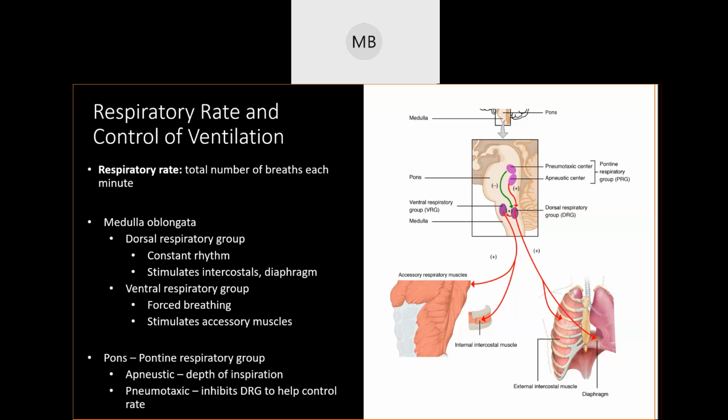So if you are shocked by something, you may quickly breathe in and just hold your breath. If you're scared, you may hold your breath. If you experience a really bad emotion and you go into a panic mode, your heart rate may increase, right? Which is going to increase your breathing. So emotion can play a role in your breathing and how this is affected.